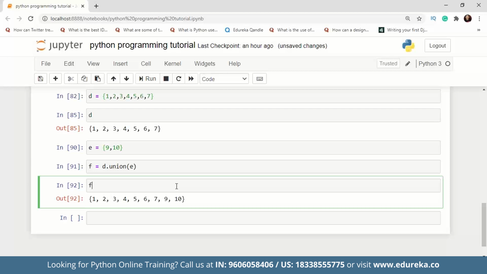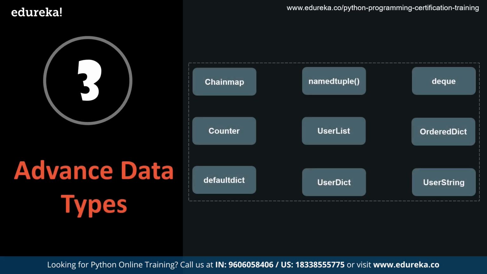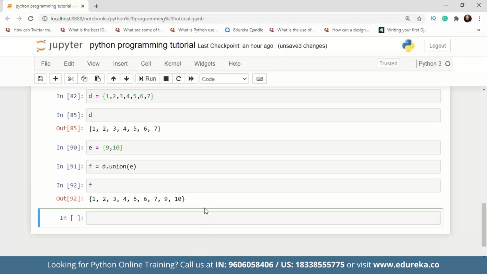So that is how we can use these data types, and these are the basic data types that we have in Python. Now after this, I want to talk about a few advanced data structures that we have in Python. These are Python's general purpose built-in container data types, and we all know Python always has something little extra to offer. It comes with a Python module named collections, which has specialized data structures. I'll mention a few data structures that we have in collections, but before that, we will have to import from collections.